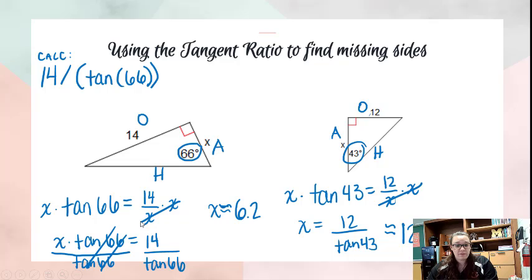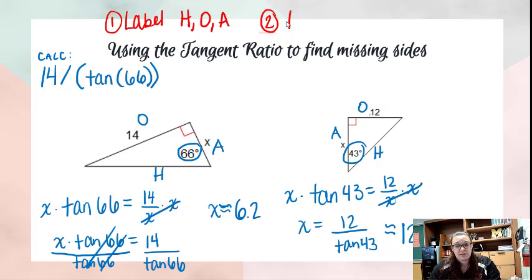All right, that's all I've got for us today. As a refresher, what we're really doing here has 2 big steps. Let me write them now. Number 1 is you're going to label sides, and I mean hypotenuse, opposite, and adjacent. Number 2 is you're going to set up an equation where tangent of your reference angle, so something is in this theta spot, equals whatever the opposite side was over the adjacent side. You then can solve in one of 2 ways, either just by multiplying by the number on the bottom and then typing in your calculator,